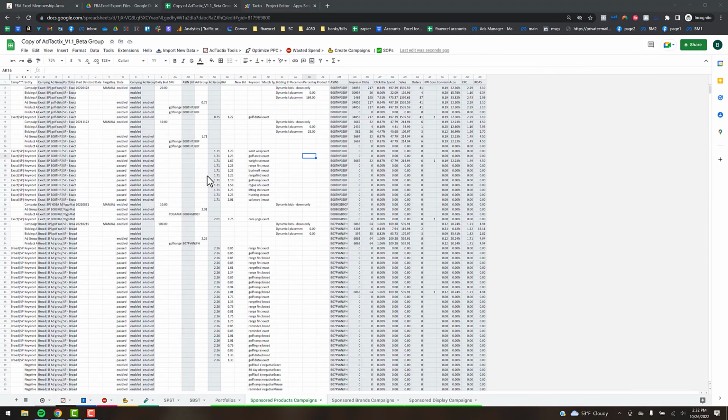All right, so the first thing you're going to want to do, at least in this example, and then I'll explain a couple other ways you could potentially do it as well, is go through our three sponsored products, brands, and display campaign sheets and quickly find our top targets. Then we're going to add those to the bid override table,